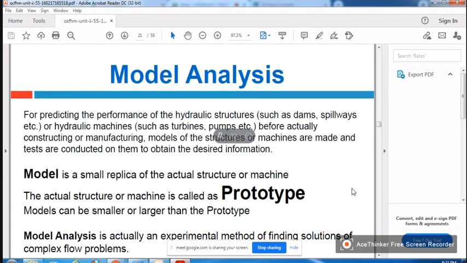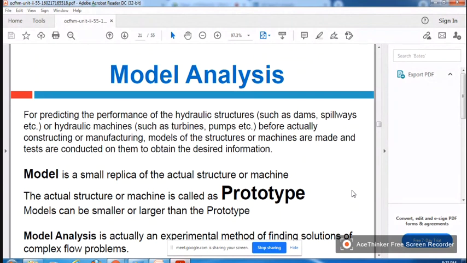Centimeter, right? And we do analysis on those dimensions, and then we will analyze the results: how the prototype will behave if an earthquake of this magnitude occurs, or if water is there up to this level. Okay, so such type of analysis we do. So let us see what techniques we adopt in studying the model analysis.